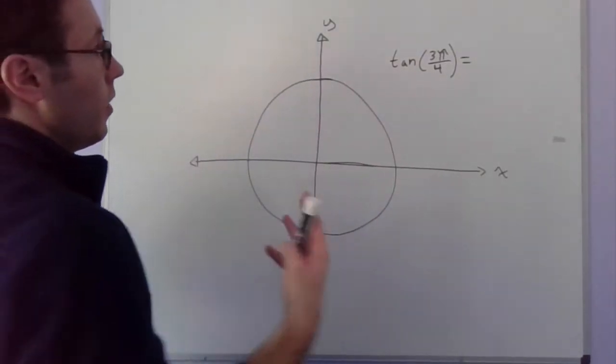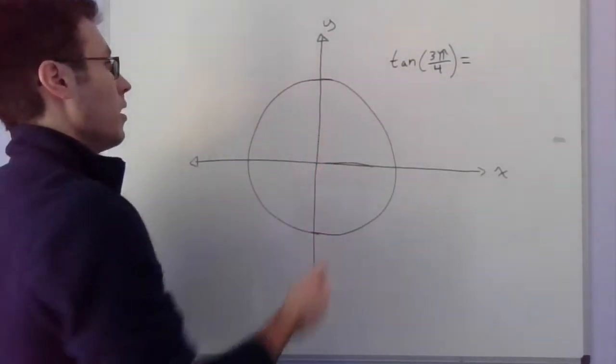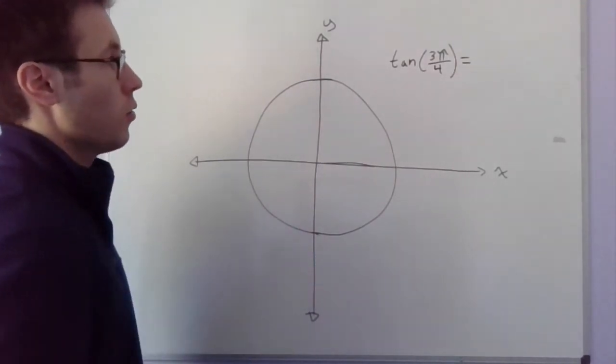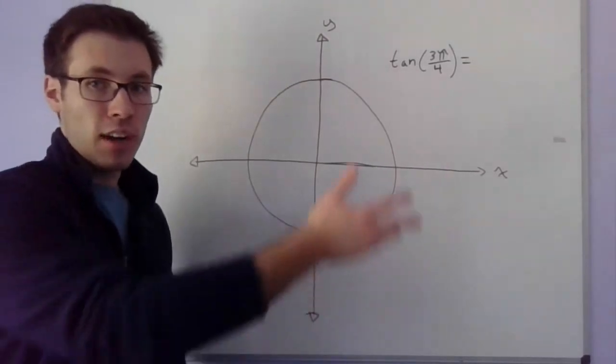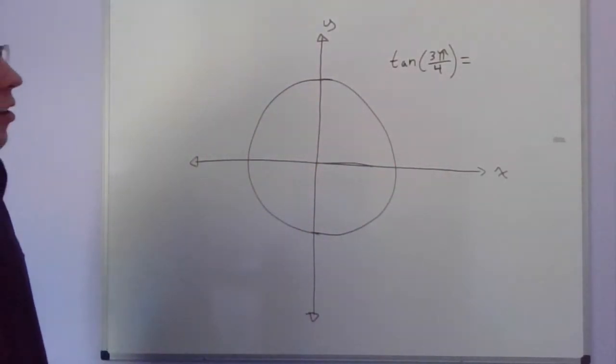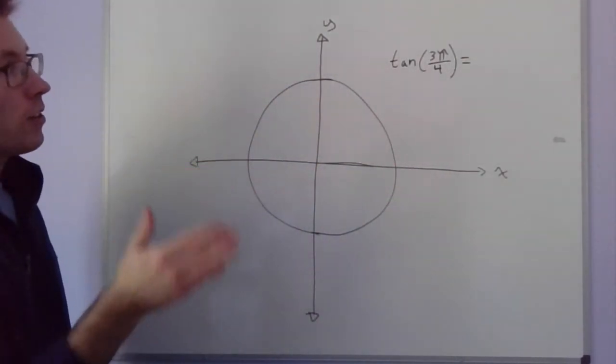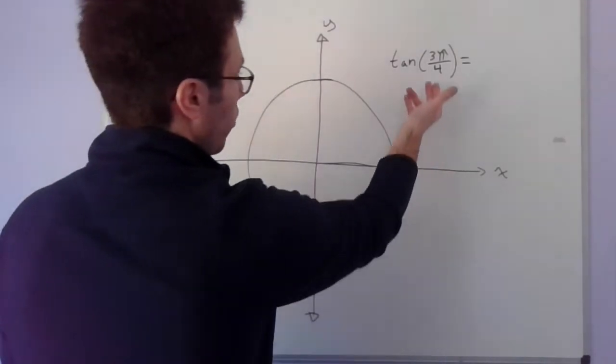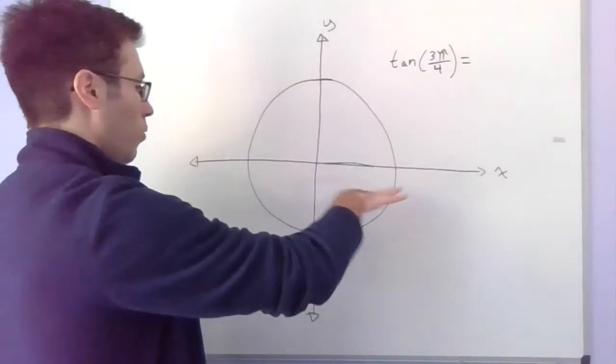All right, so let's say we have a value and we're trying to figure out what tangent of 3 pi over 4 is. And we're not trying to use decibels here, we're trying to use our idea of a unit circle. The first thing that I noticed when I did this is that 3 pi over 4 is located about where